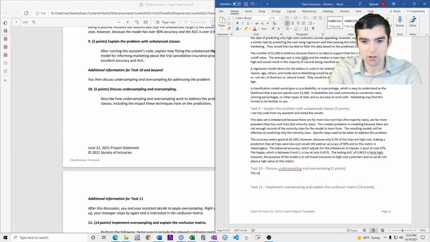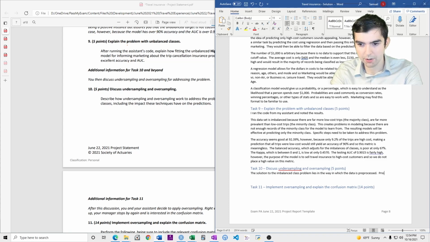So the solution to the imbalanced class problem lies in the way in which the data is pre-processed.